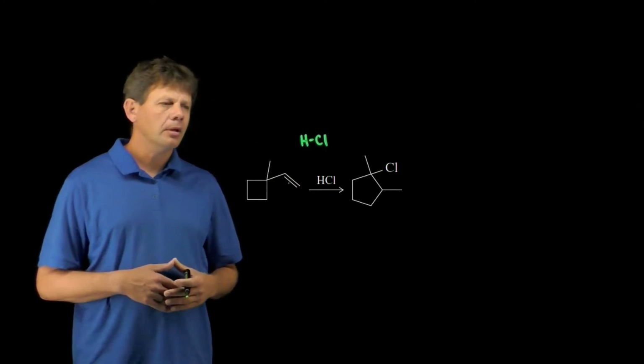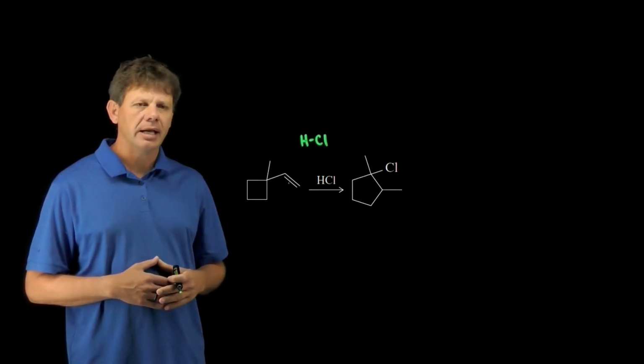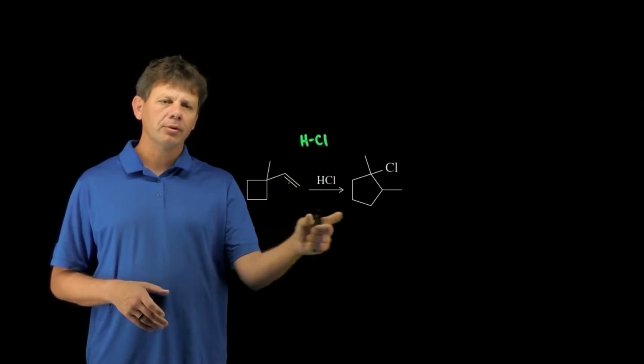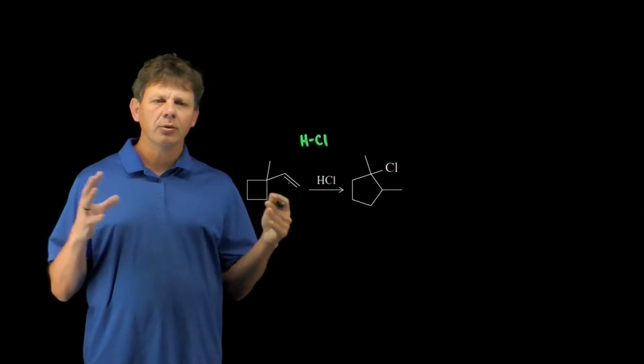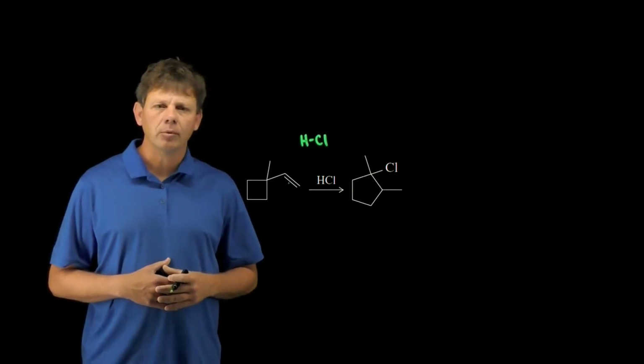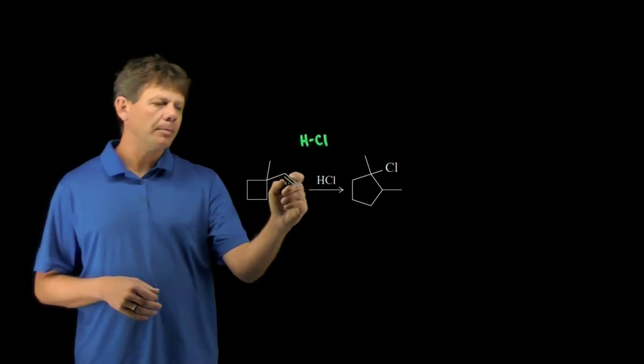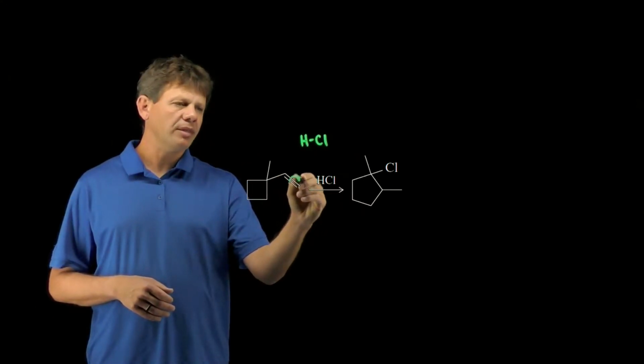Let's show a mechanism of the hydrohalogenation reaction on screen. The first thing we notice is that we're going from a 4-membered ring to a 5-membered ring, and so it seems clear that there's going to be some rearrangement that happens in this reaction. The reaction is going to start by protonating the alkene with HCl,